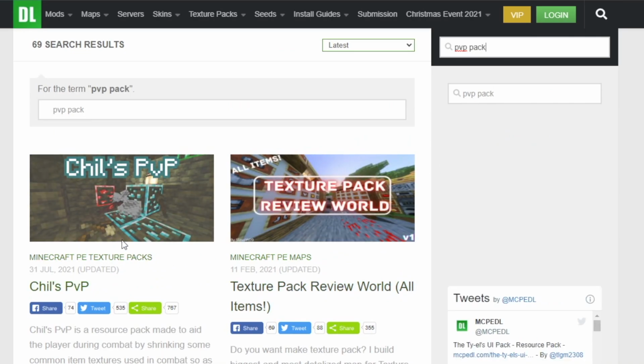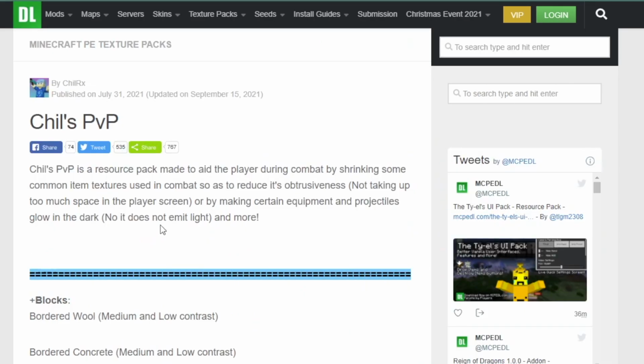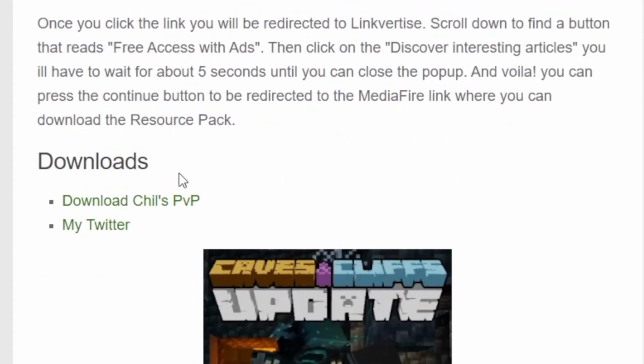It'll give you a whole bunch of options here, and the one I see here is the Chils PVP pack, so I want that one. Once you find the pack you want, click on the picture of it, and it'll take you to this page that shows all the information about the pack. But what you want to do is scroll all the way down to the bottom, and every single pack should have a downloads page. Then simply go to where it says download the pack, whatever,